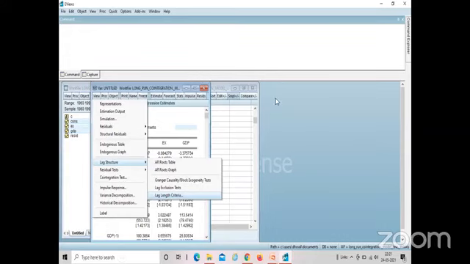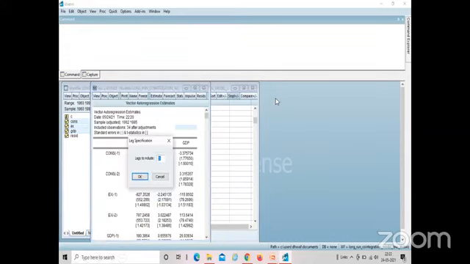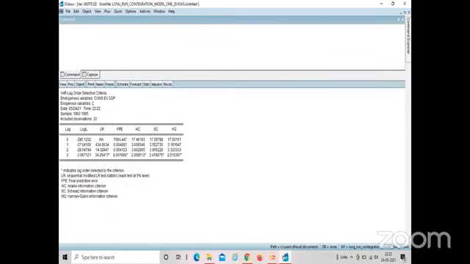When you click on it, a window will appear. It will ask how many lags you want. So specify that I want 3 lags and click OK. 3 lags.